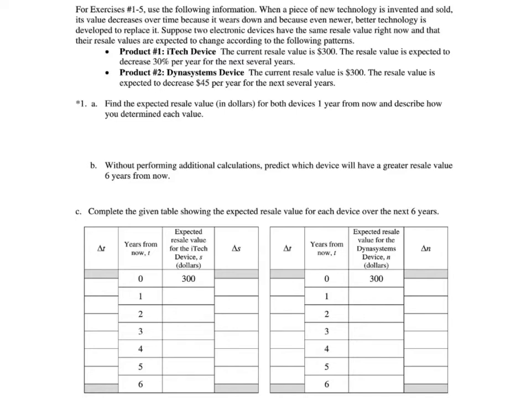In this problem, the iTech device's value decreases by 30% every year, and the Dynasystems device's value decreases by $45 each year. Part A asks you to make the calculation for the first year in both contexts, and Part B just asks you to use your own intuition to make a guess for which device will have a greater resale value after 6 years. After you complete these two warm-up questions, complete the table in Part C, filling in all